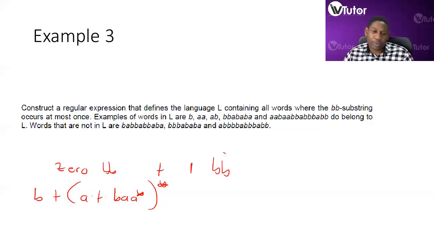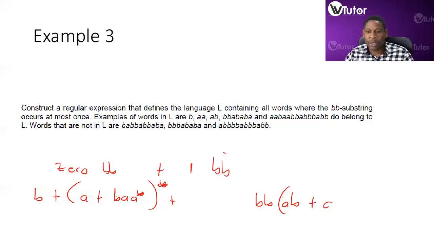Now, when we have at least one BB, we're saying we are supposed to have one BB. After that, in front of this B, I'm supposed to begin with an A, right? I can have an AB like this, or A's only, okay?